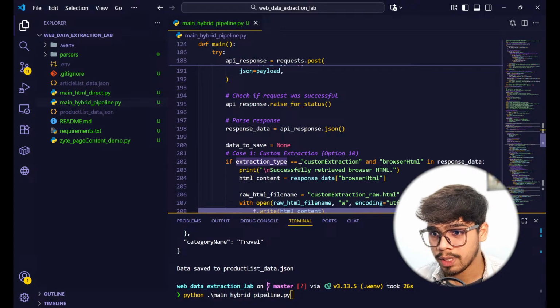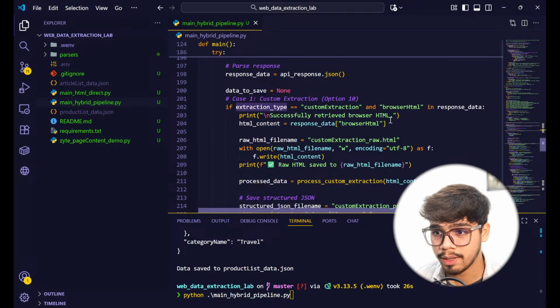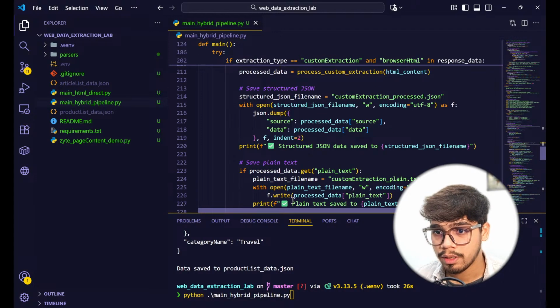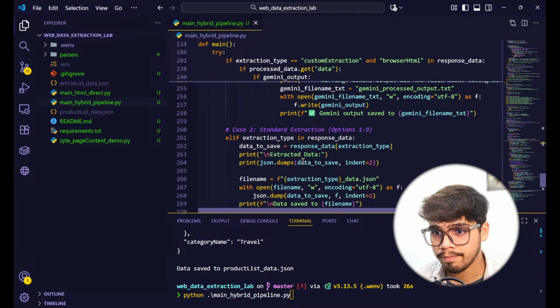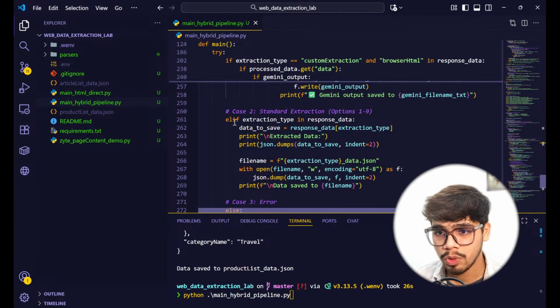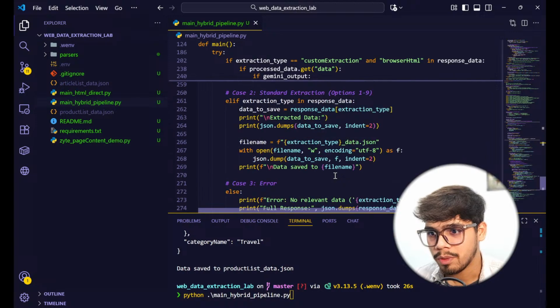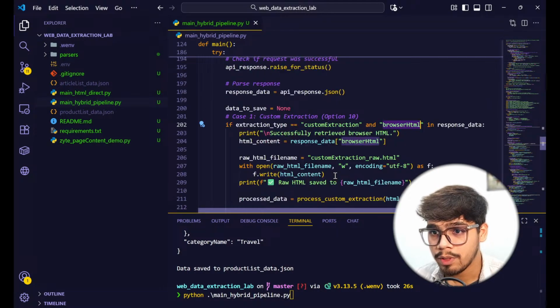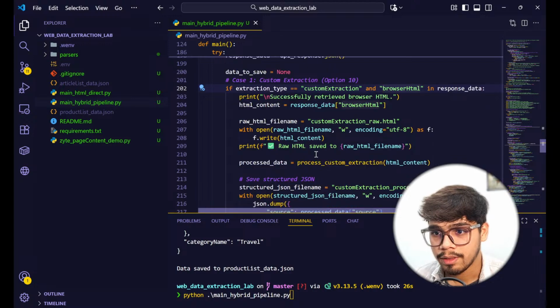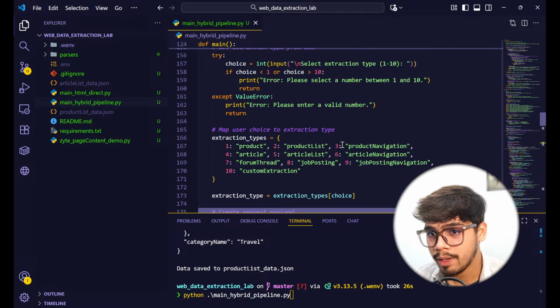And if it was a custom extraction type, then we used to get the browser HTML as a response back. But if it was a 1 to 9 case, we used to get a simple JSON back, and we just set this into the payload. And case 3 is just error, so we are not going to look at that. But once we got this browser HTML back, we just save that up,